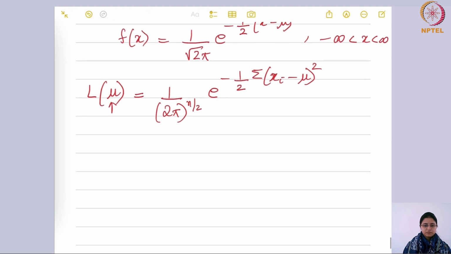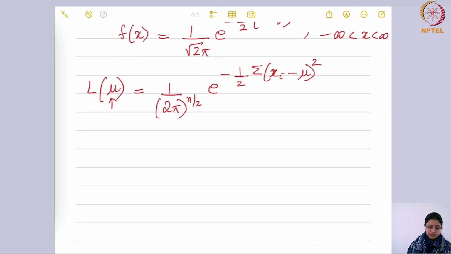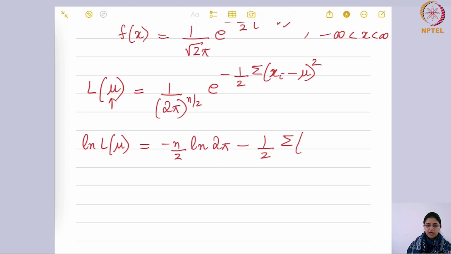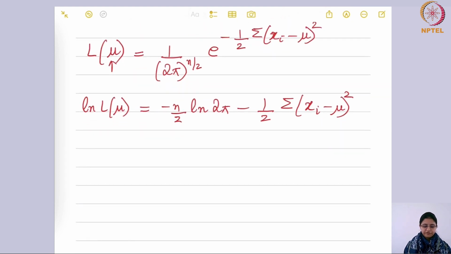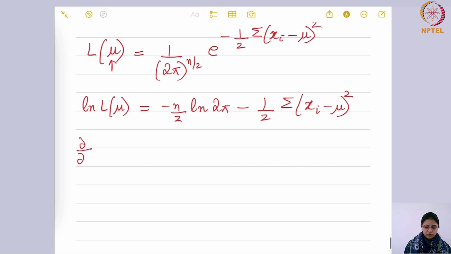Fine. Now we need to differentiate it. Log of this, log of L(mu), would be minus n by 2 log 2 pi minus 1 by 2 summation (xi minus mu) whole square. Okay. When you differentiate it with respect to mu, what you get is,